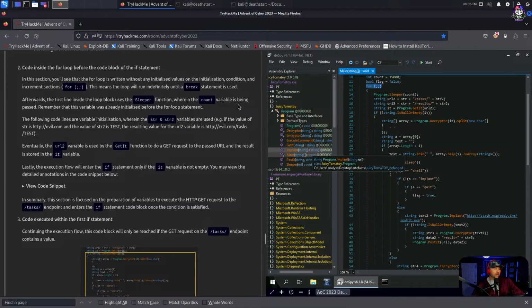Here in this function, the count variable is being passed. Remember that this variable was already initialized in the loop above. The following code lines are variable initializations wherein the string and string2 variables are used. If the value of string is http evil.com and the value set to string2 is test, the result of the URL variable